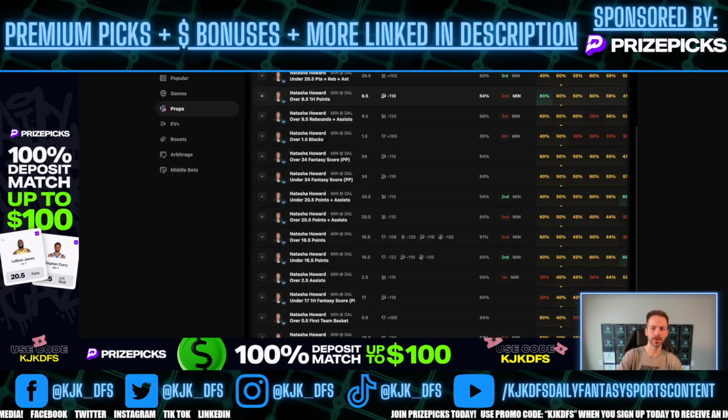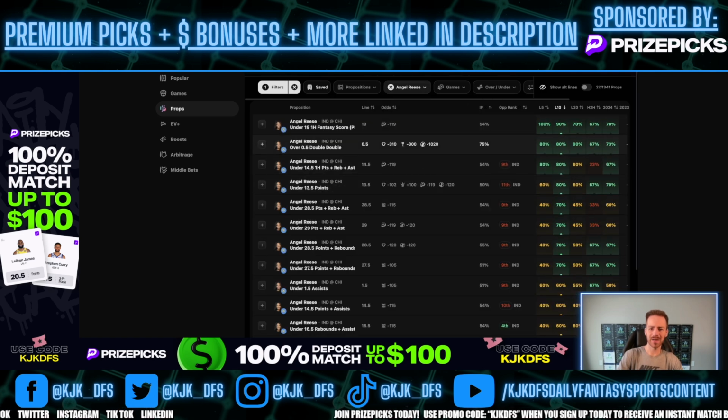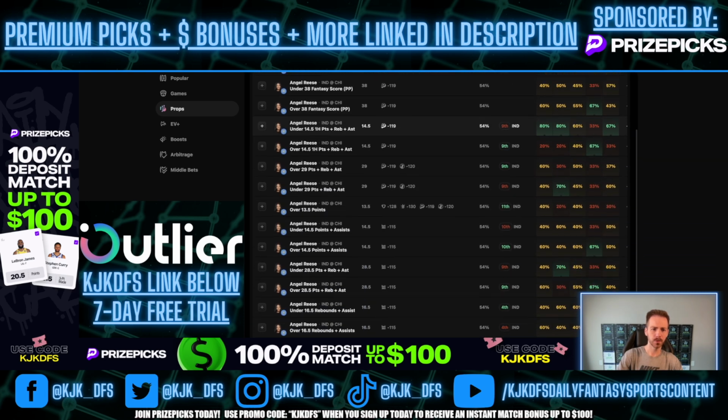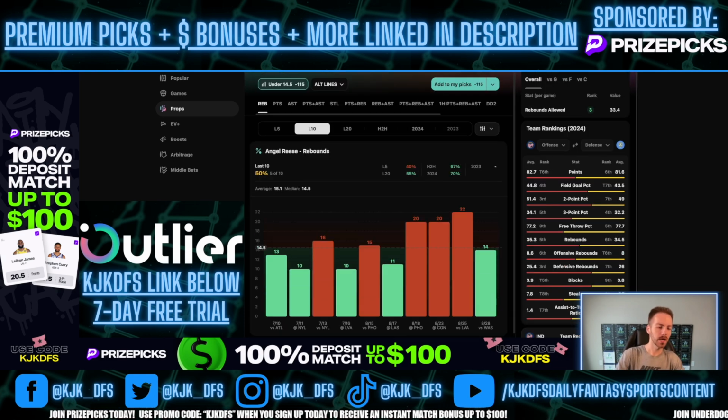Let's go ahead and pull up Outlier here once again. We'll pull up some Angel Reese statistics for us. The 14.5, I like to sort this by implied probability, guys. This is just pulling in all the sportsbook data. So you can see she's massively favored on the over to get a double-double. That's not going to be available on PrizePicks, but I'm just telling you how I use the tool. I like to look at this implied probability. And if we go to her rebounds, if we can find it here, under 14.5, I should have just gone to the prop, but anyways,